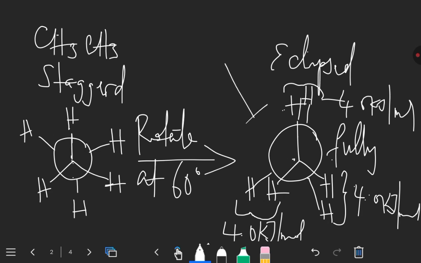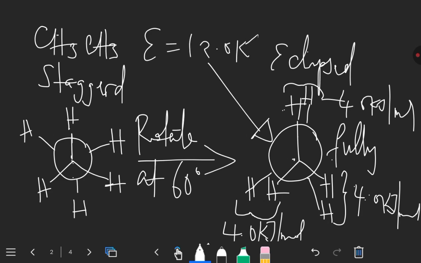So for the total eclipse conformation, the energy gives 12.0 kilojoules per mole. As we can add 4 plus 4 plus 4, that will give us the total energy, which is just 12 kilojoules